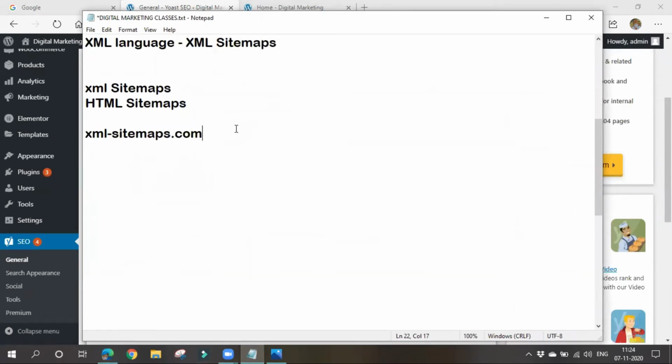So in this way you can generate or create a sitemap. This is the first way: go to xmlsitemaps.com, generate the file, download it and upload it to the server. You can do this with the help of a software called FileZilla. Most offices use this software.